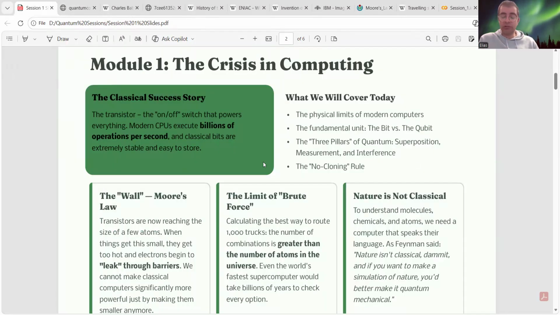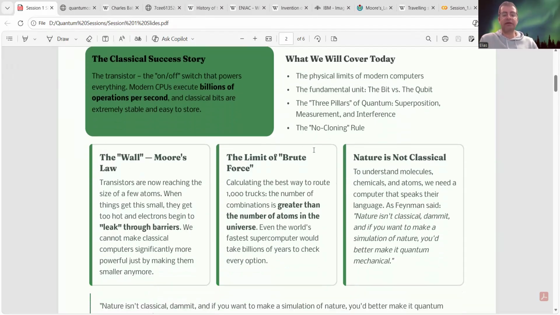So this is not the only reason. The other reason that is very important for you to know is that nature is not classical. There are a lot of problems that we are still not capable of solving, even with the best supercomputers in the world. For example, if you want to simulate the behavior of molecules in chemistry, it's a very hard problem to simulate in a classical computer.